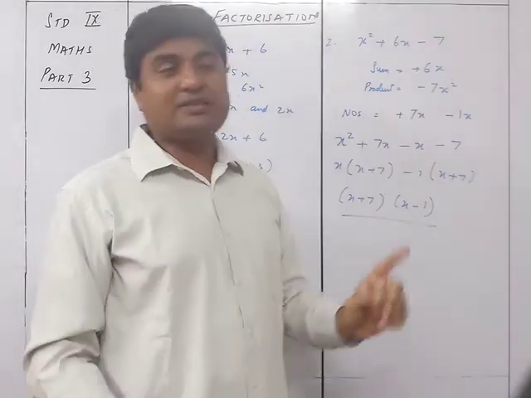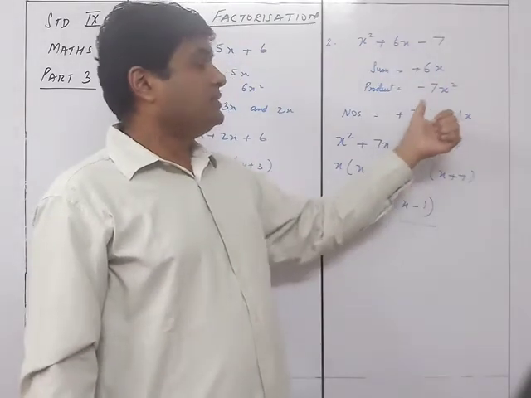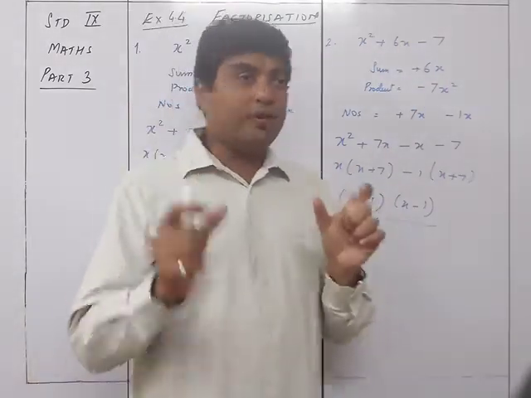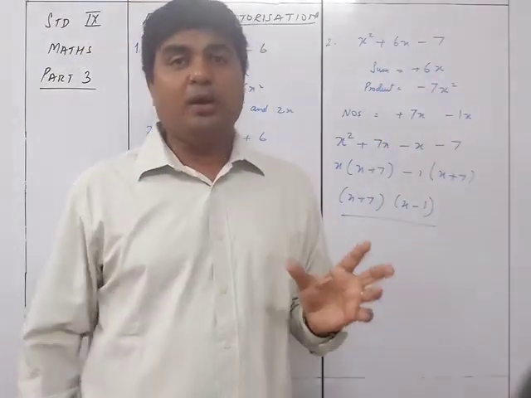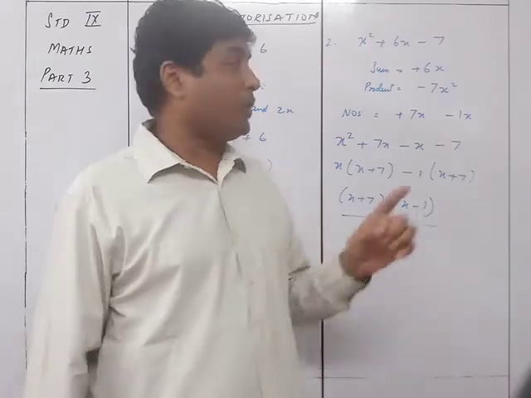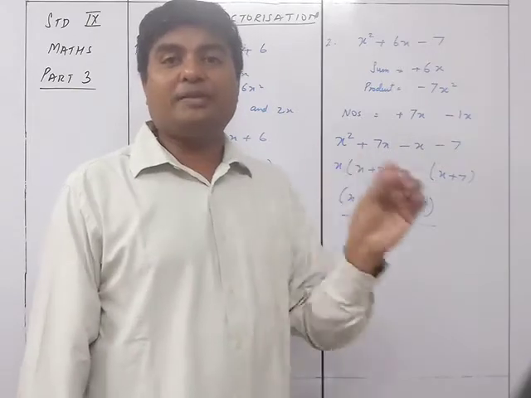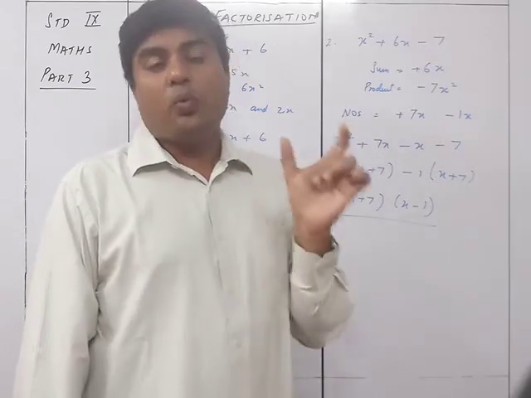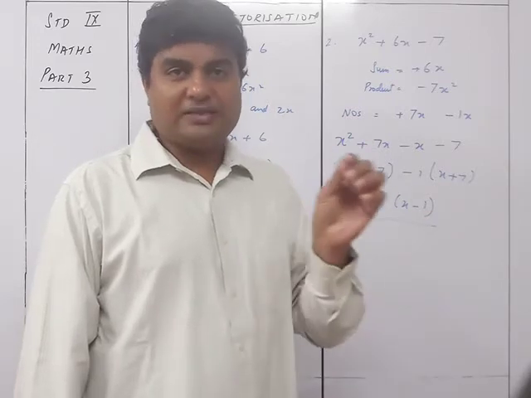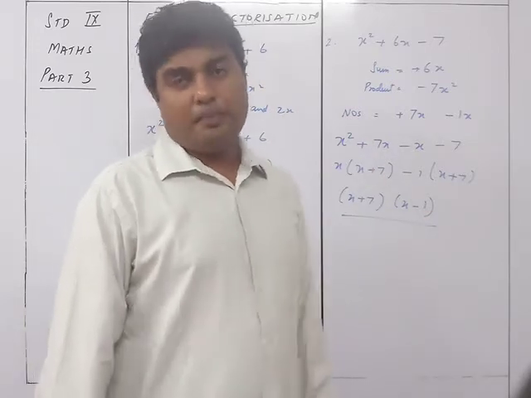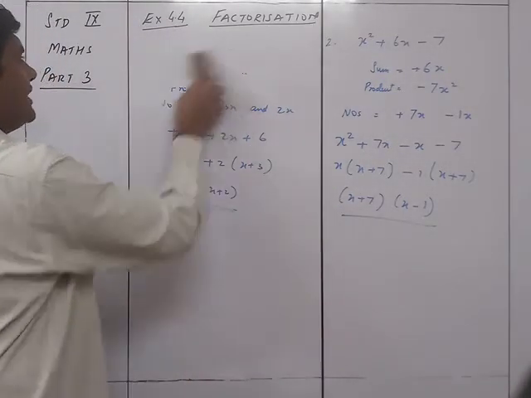So one important thing you can remember is that whenever there is a negative sign in the last term, then it is for sure that you are going to be subtracting the two numbers you are going to get. So one number will be bigger and the other will be smaller, and subtraction will be used, because minus means that the product is minus only when plus into minus is minus. So that's why one particular number will be bigger, the other smaller. So it will be plus 7 minus 1 is equal to plus 6. So that was sum number 2. We now move on to sum number 3.